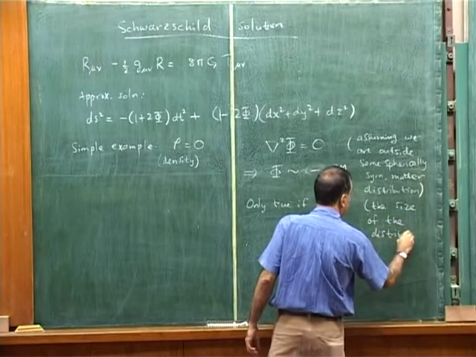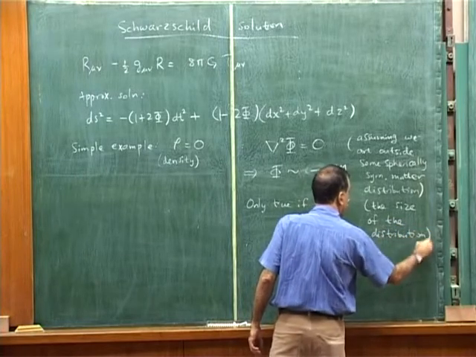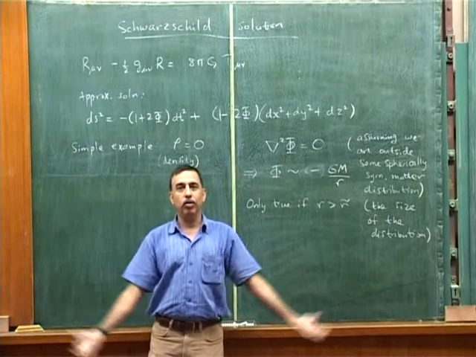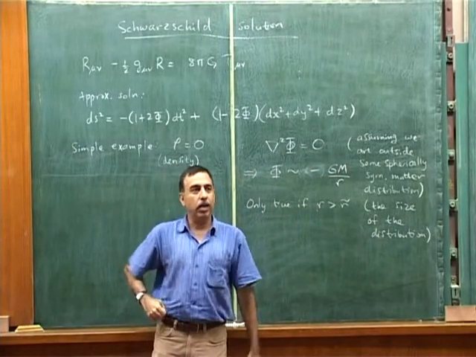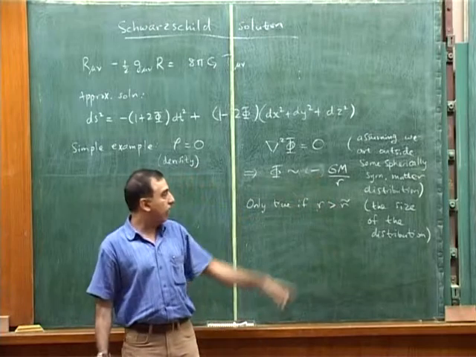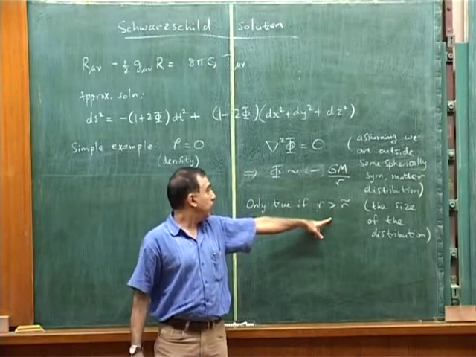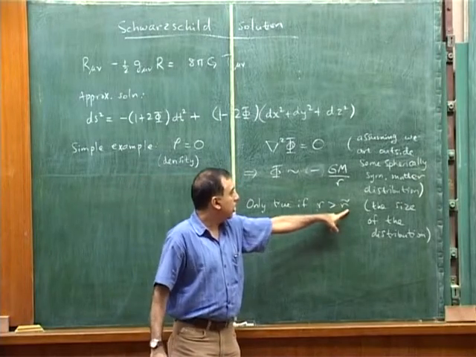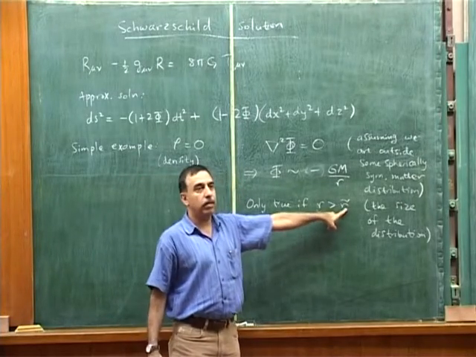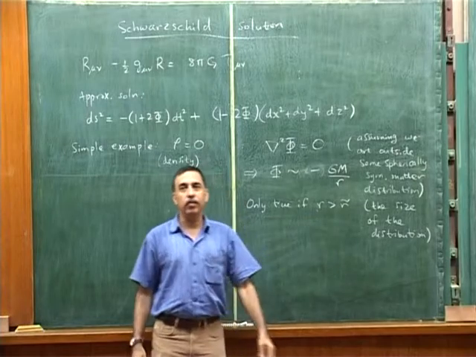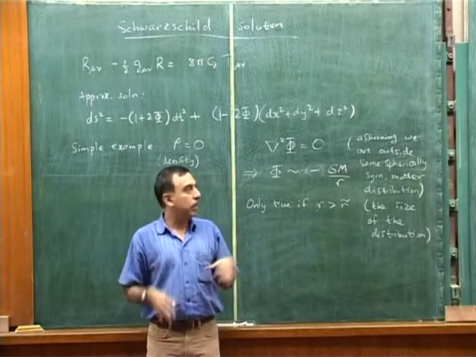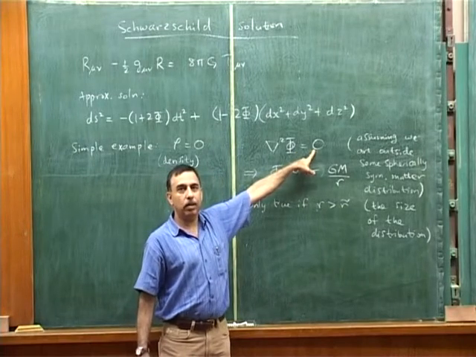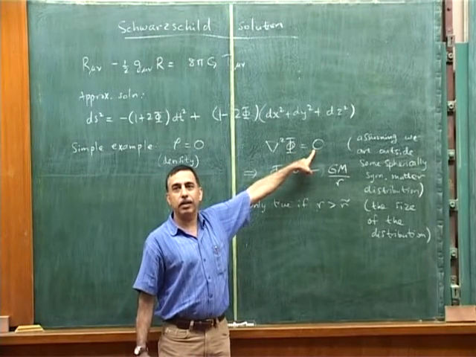And it doesn't really depend on the detailed shape of this distribution, whether it's all concentrated at a point or it's all spread out over a very diffuse sphere, as long as it's spherically symmetric and we are outside it. Okay? So what does it mean it's only true if r is greater than r tilde? It means if r was less than r tilde, that means we are finding the gravitational field inside the Earth, then of course this isn't true because I must put a density term here. Okay? What is the effect of that density term here?